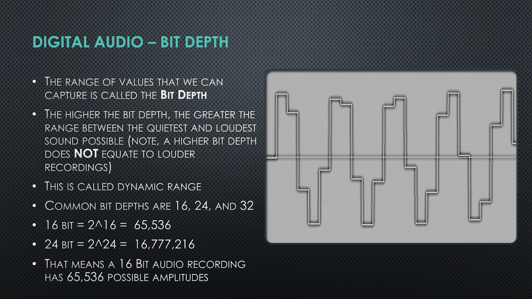It seems like a relatively small increase, but 2 to the 16th versus 2 to the 24th is a massive difference. If you are listening to an audio recording that is 16-bit, that means from the quietest sound up to the loudest sound, there are 65,536 possible amplitudes that we are capturing. Each sample has to fall within a range of 0 to 65,535 if we are counting 0, but that's how many discrete options there are.